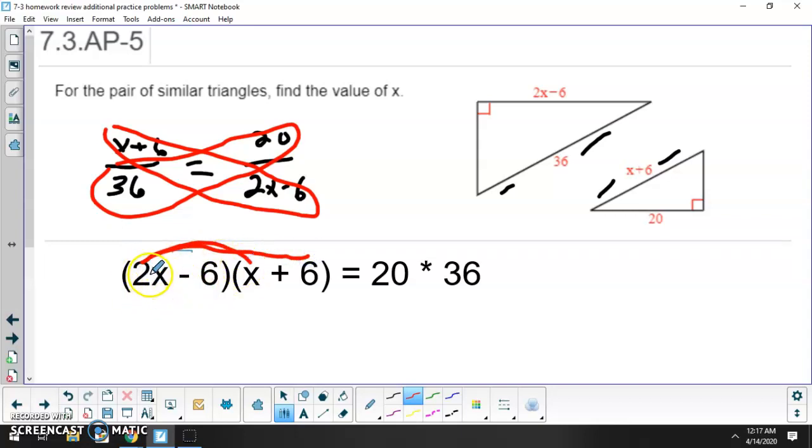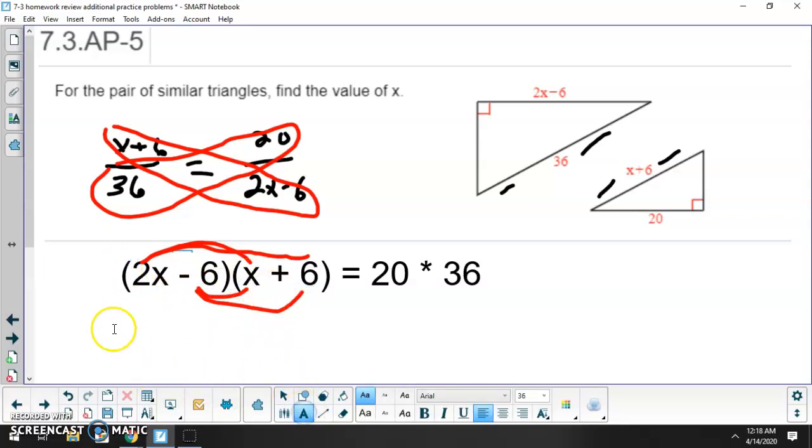So you take 2x times x and 2x times 6. Then you would do negative 6 times x and negative 6 times 6. So you're using the distributive property twice, okay? So that would end up being 2x squared, because 2x times x is x squared, so we'd have 2x squared plus